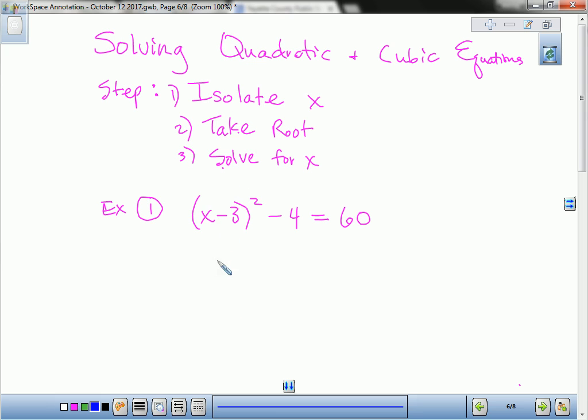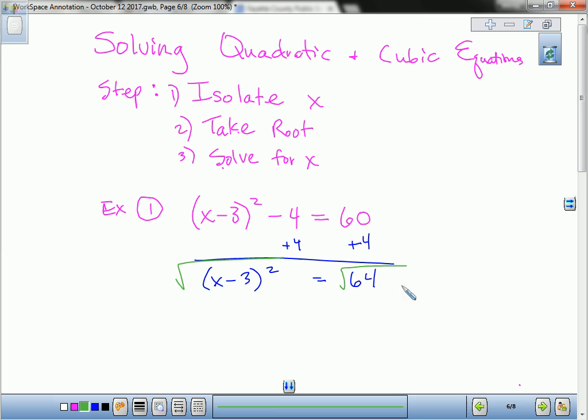So to get x by itself, what's got to go? A negative 4. So we use inverse operations. We will add 4 to both sides. Okay, so once we get x to a power, and that's all we have left, x to a power, then we're going to take the root. This power is the second. It's being squared. So what root will I take? The square root. All right, so we take the square root of this side, we take the square root of